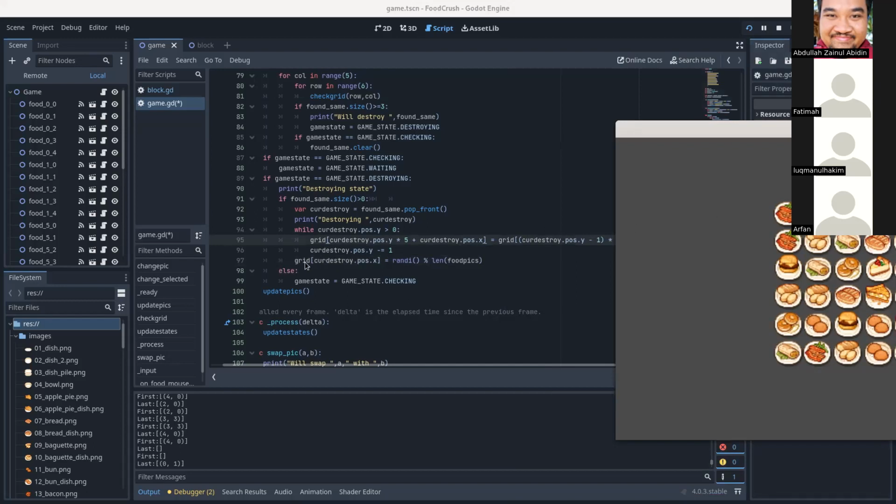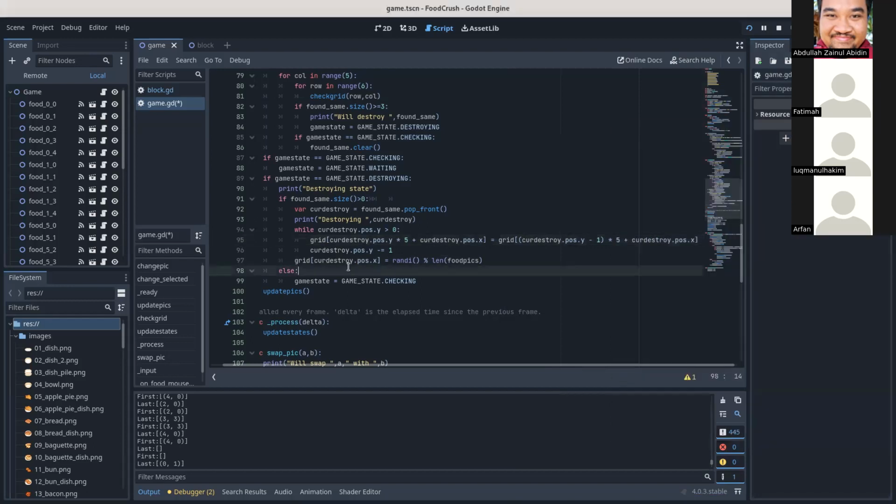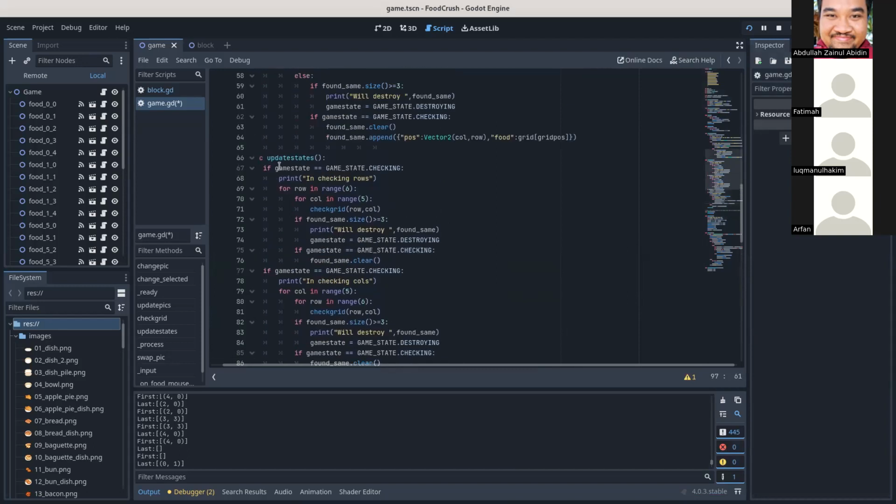And then the very last one, we will say current destroy pos x. We only need pos x because we know that this one will become 0 by the time pos y equals 0. Basically it's just 0 plus current destroy pos x equals current destroy pos x, so we don't need to put this one. We just put the x, and then we tell what is the new random food. And then it will go on to the next bit because this is run at